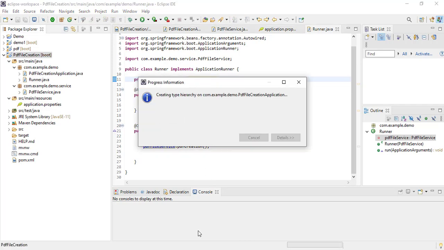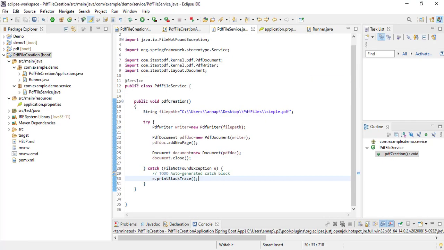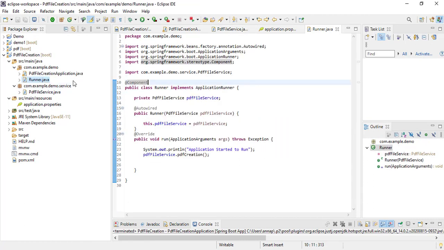For this service class, I need to give the @Service annotation, and for the Runner class, I need to give the @Component annotation. And look at here, I gave the System.out.println. That will let us know that the application started to run, and once after creating the file, I need to get to know that the file got created.